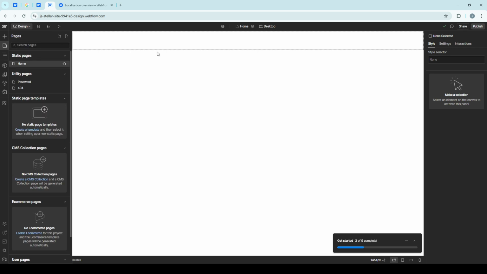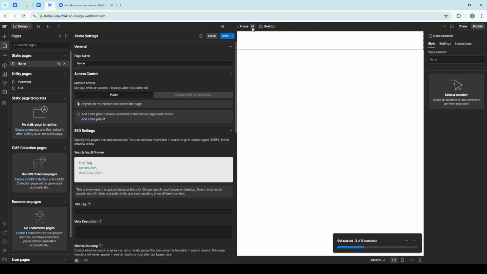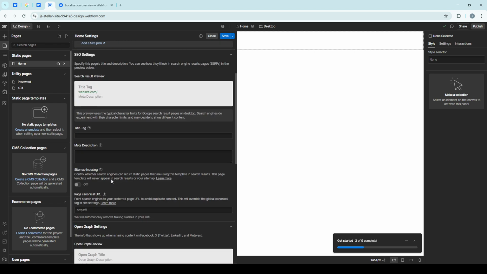You'll see a settings widget right beside the home option. Click on that settings gear. It usually sits at the top center of your screen, making it easy to find. As soon as you click the settings widget, the page settings will appear. This is where we can start to make impactful changes to help search engines understand what your web page is